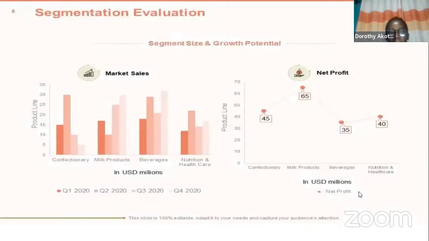So in our next slide, this is just how we are going to measure the growth and the size of the customer segments, in terms of bar graphs and linear graphs. Here we are going to measure the products that we are selling to our customers,